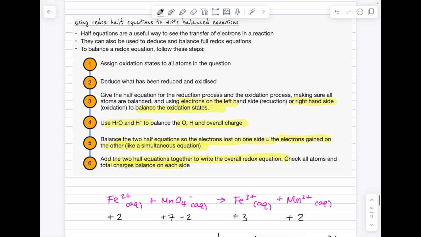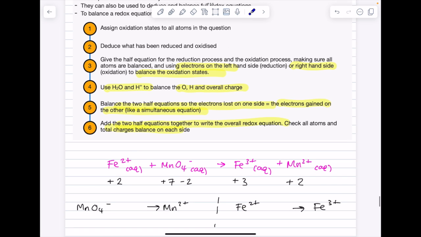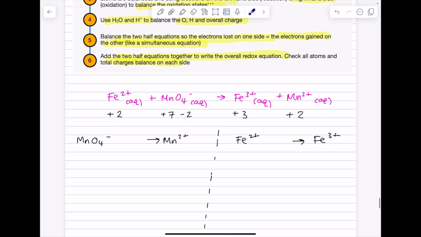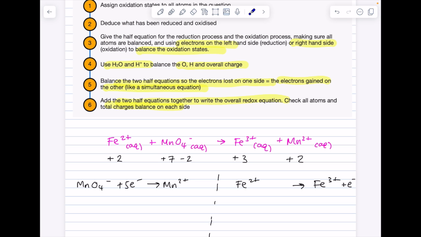So we are up to stage 2. We've deduced what's been reduced and oxidized. We've assigned oxidation states. We now need to add electrons in order to balance the oxidation states. So for manganese, we're going from +7 to +2, which means we need to add 5 electrons to this side. Iron's gone from +2 to +3, which means we need to add an electron here. Our next step was to balance your oxygen, hydrogens and your overall charge through the addition of water and H+